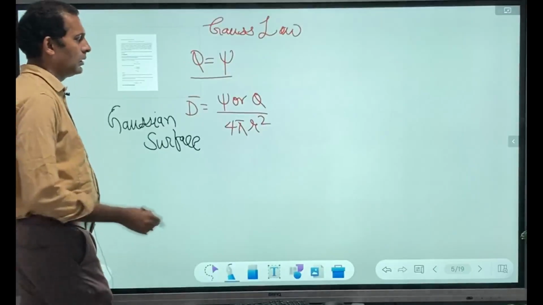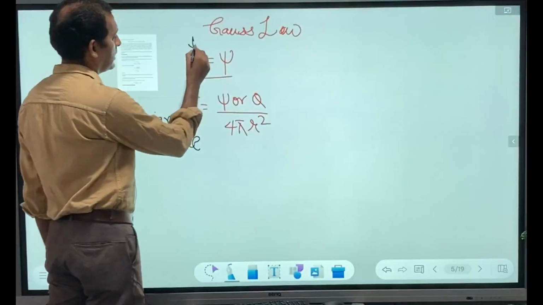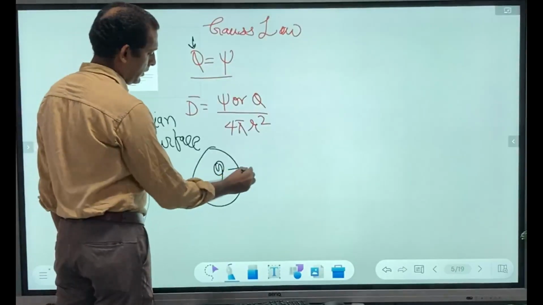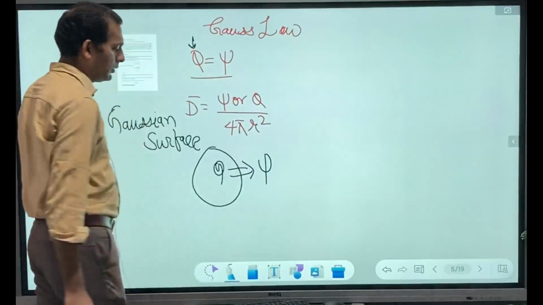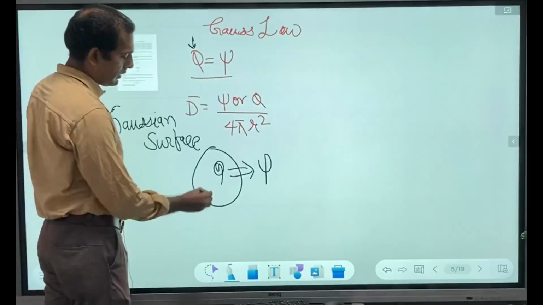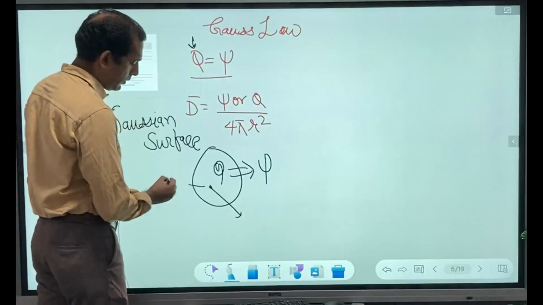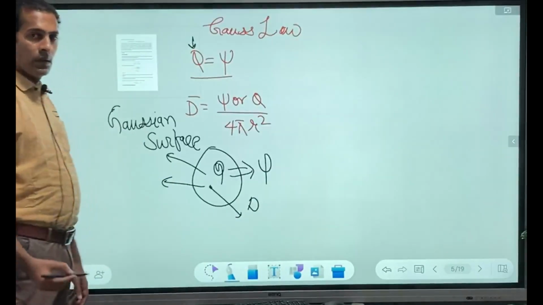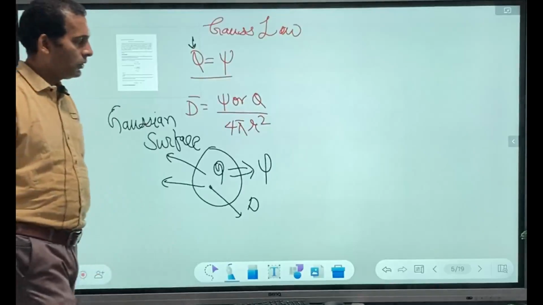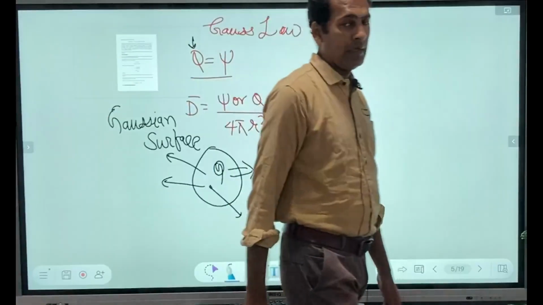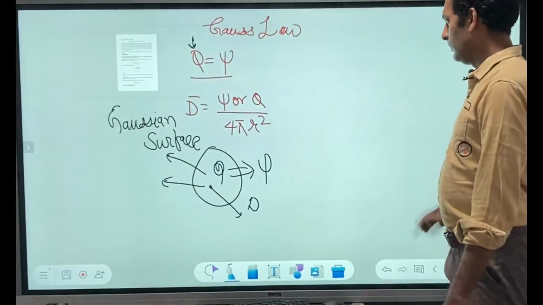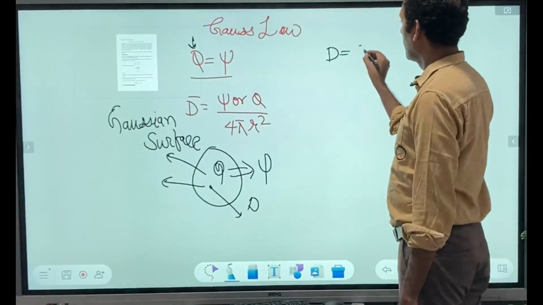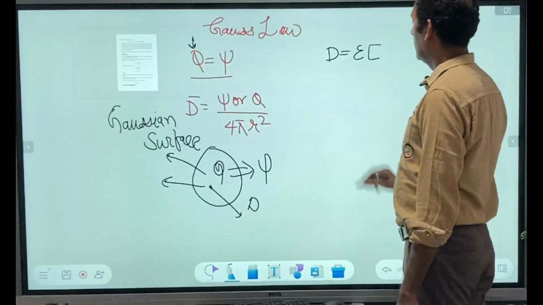And what is Gauss law? The total charge enclosed by that surface will be equal to the flux crossing through that surface. So flux, if it is in more quantity, we call it as D. So this D is also related with electric field intensity. We know the relation D is equal to epsilon E,